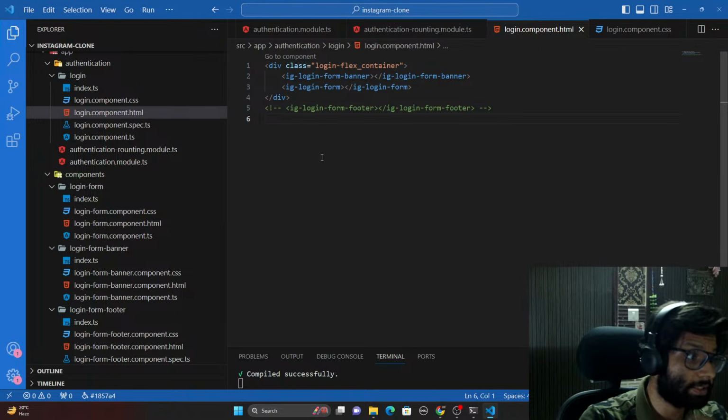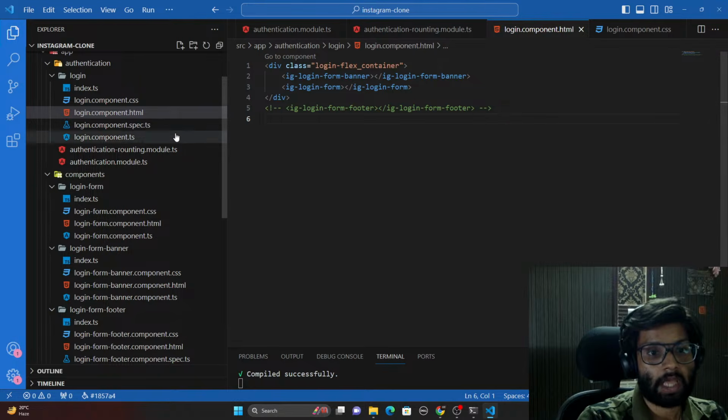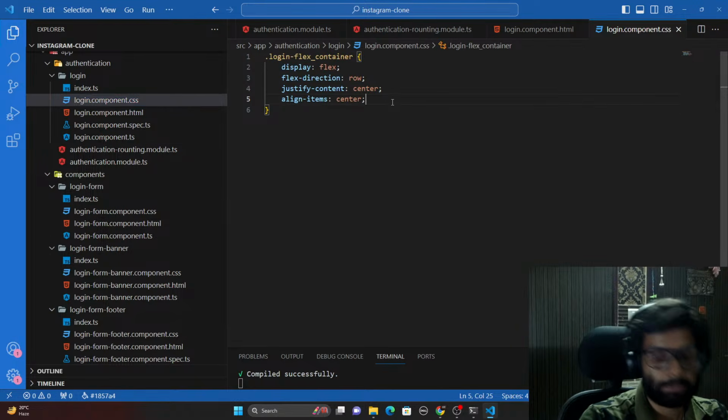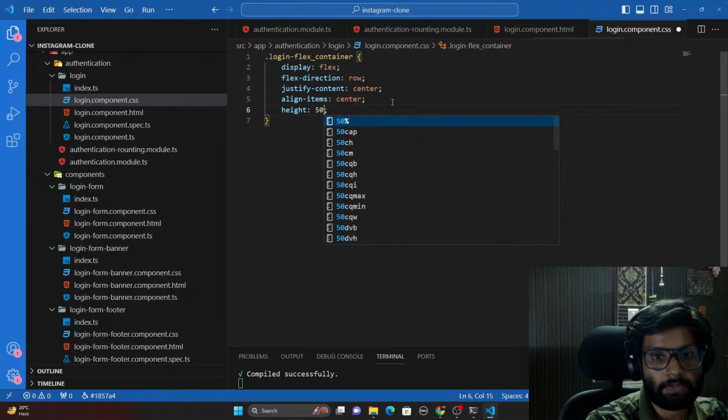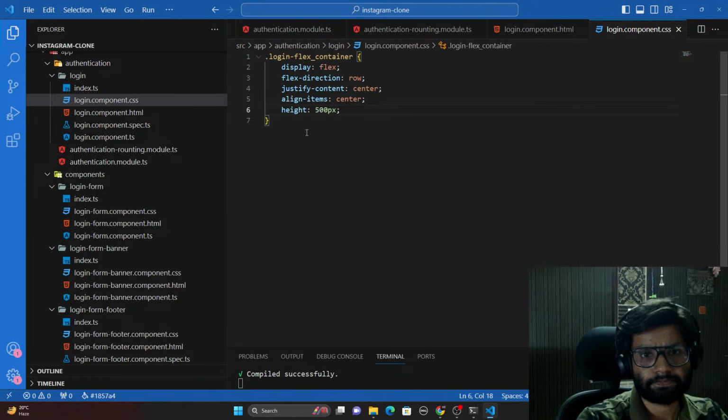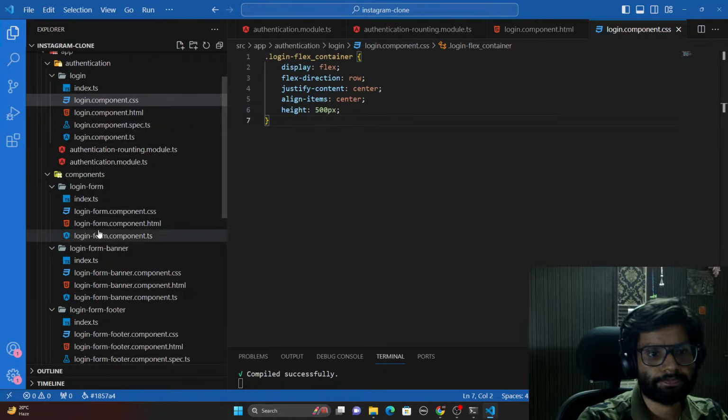If you want to place this in center, this should have a height. Suppose I'm giving this container a height of just 500 pixels. Then you see,